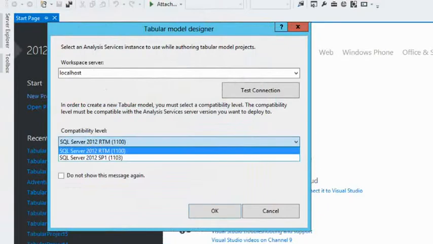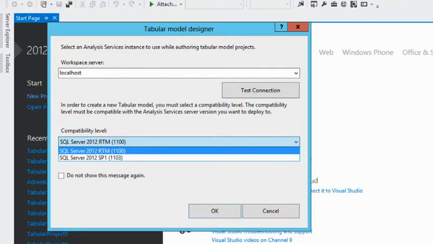It immediately comes back and asks you, the first one is, what is the server? If you've worked with multidimensional models, when you create your projects, you can work in an offline mode. But with a tabular model, and for example Power Pivot, you need the application to be able to load into memory, because we are loading all the data into memory so that you get the experience of a fast,